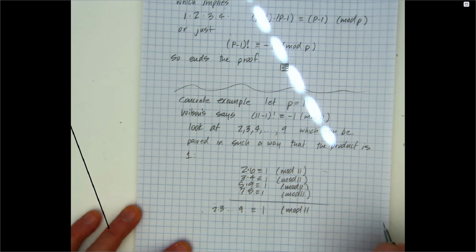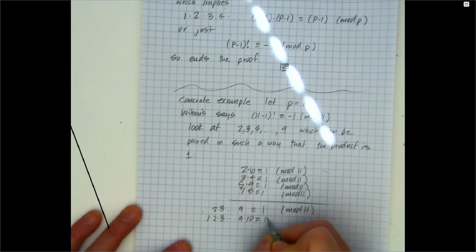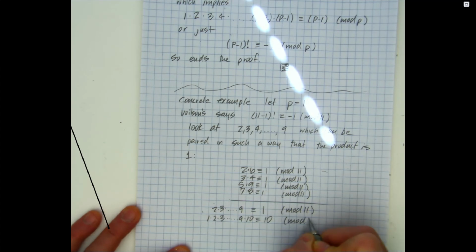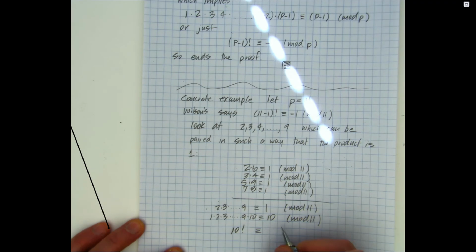Okay, so let's just go ahead and finish this up. That means that 1 times 2 times 3 all the way up to 9 times 10 will be congruent to 10, mod 11. So I just multiplied both sides by a 10, added the 1 in because the 1 doesn't change anything. So what we get on the left-hand side is 10 factorial. On the right-hand side, we get congruent to 10, but of course 10 is the same thing as negative 1, mod 11. And that's exactly